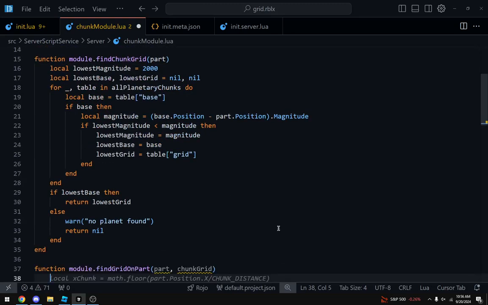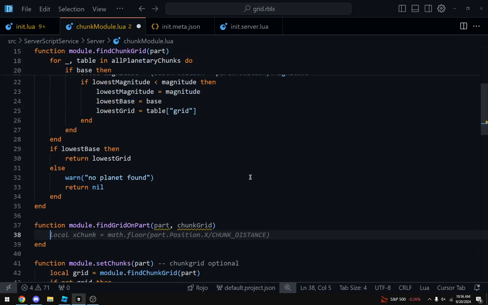But to do that, I want to create a part at the center of the grid, because I don't want to loop through every part of the grid. That's way too much. I mean, I could just get all the part C-frames and average them. I might be able to just loop through them, and would that work?